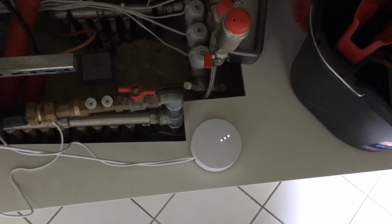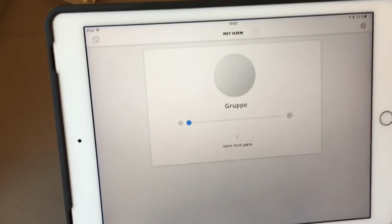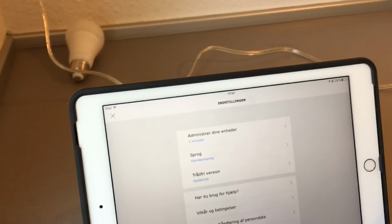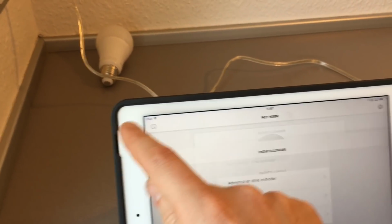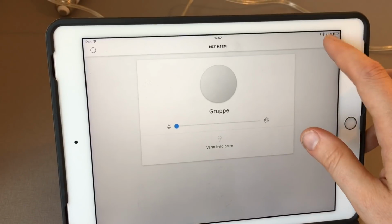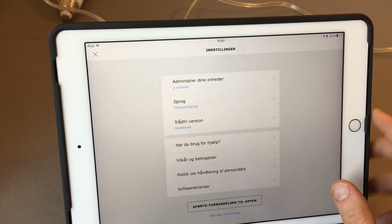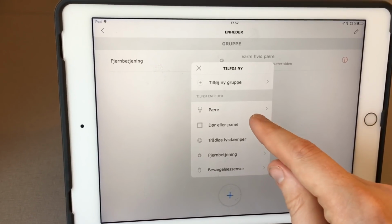So the first step we need to do is turn on the light. Done now. We then need to go into the app, and let's try and add a light. Not there. Sorry, I'm just fiddling around here. Right, hit the plus. So I'm adding a new, this is in Danish, but I'm just adding